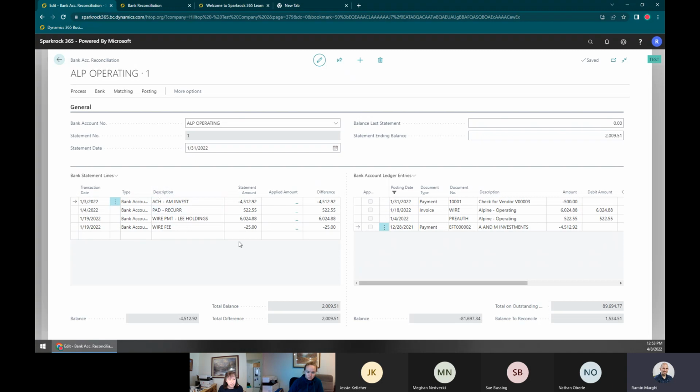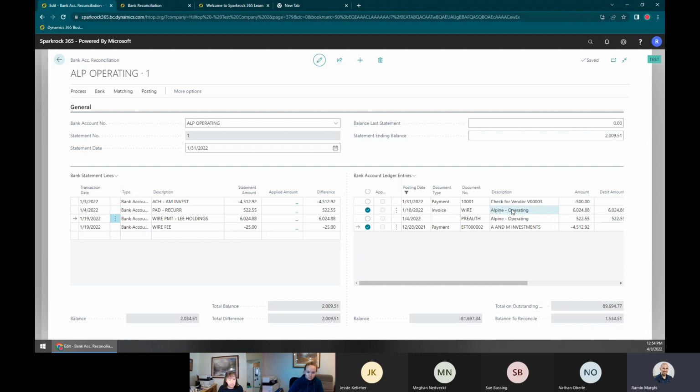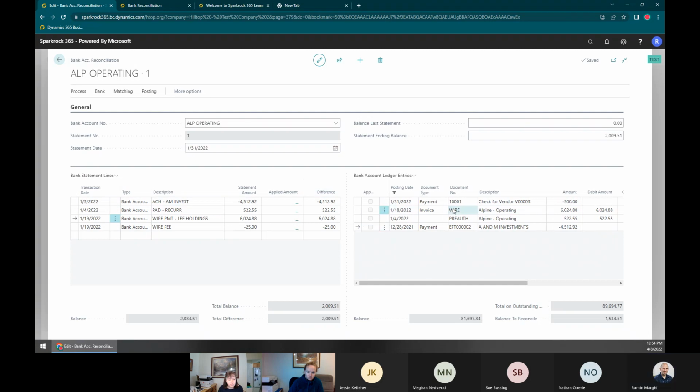But anyway, I have my transactions on the left for my bank and my ledger entries on the right according to the software. And there's going to be some stuff that I wouldn't have known until I saw my bank statement, like wire fees and all that kind of stuff, right? Right now, I could manually highlight this line and this line, and this line, and then I can do match manually, right? If I wanted to do one by one kind of matching,